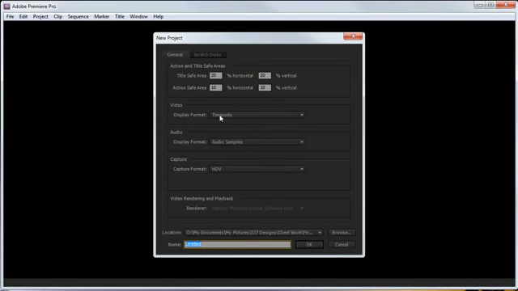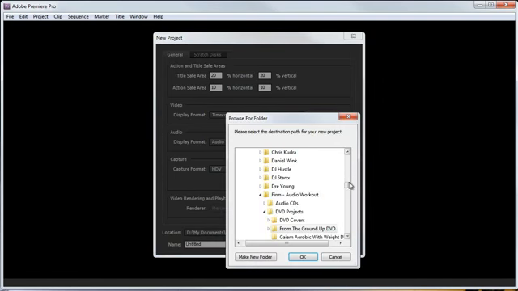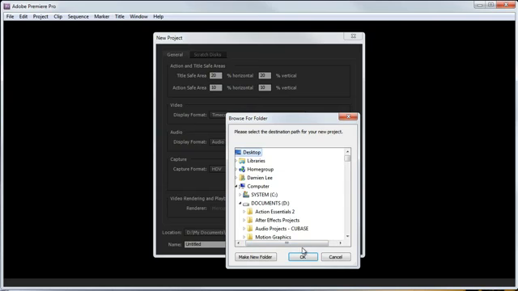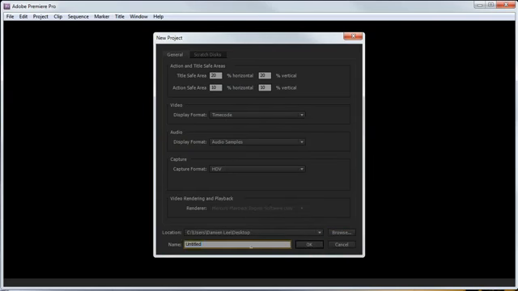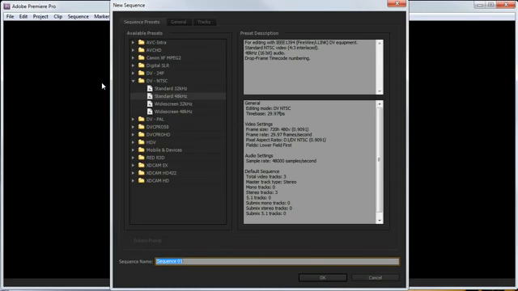You want to really know where you want to put the project. Pick a spot, and then pick a name, project, whatever you want it to be. Make sure you organize all your files, because if you don't, they get messed up. Then it asks you, what do you want your first sequence to be? Right now, I don't know what I want my first sequence to be, but if you know, then put it. If you don't know, just click cancel. And then it's going to bring you up to something,